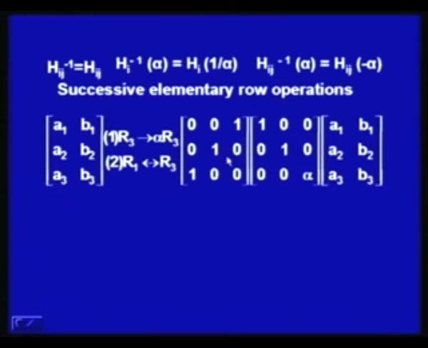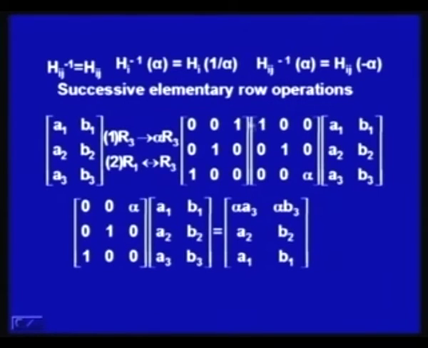So, these are the elementary row operations. It has the same effect whether you apply these 2 operations on this matrix or you multiply these 2 matrices and then multiply it with this, the effect will be the same. So, let us see this. If you really perform these multiplications, then first this product is 0, 0 and 0. So, this element is 0, 0, 0 and 0, this element is 0, 0, 0 and alpha. So, we will have the first row as 0, 0, alpha.